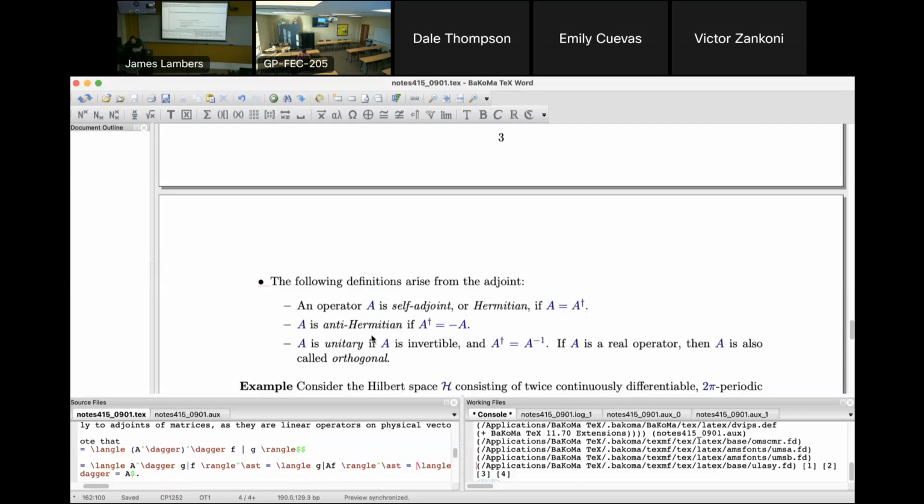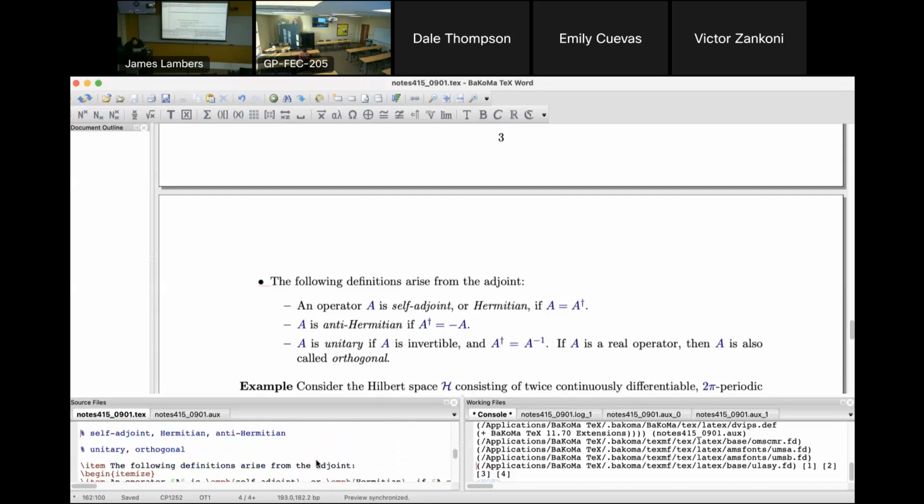And finally, if A has an inverse and its inverse is equal to its adjoint, we say that A is unitary. If A is a real valued operator, we also say that it's orthogonal. And when this happens,